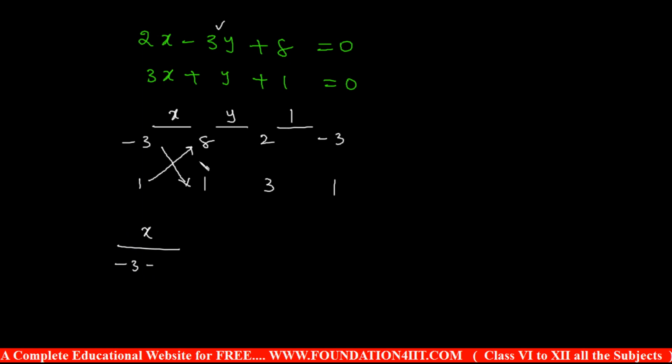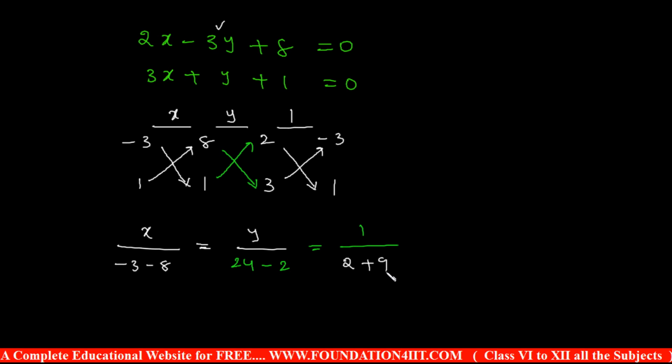Minus 3, minus 1 into 8 is 8, is equal to, the equal symbol you keep. y divided by, again the same, this into this. 8 3s are 24, minus the cross multiplication, 1 into 2 is 2, is equal to 1 by, same as this, 2 into 1, 2 minus 3 into minus 3 is minus 3. Already minus is there, plus 9. 3 into 3 is 9. This is the first step. Okay, y coefficients, constant, x coefficient, and again y coefficients. Above x, y, 1, you can keep like this.